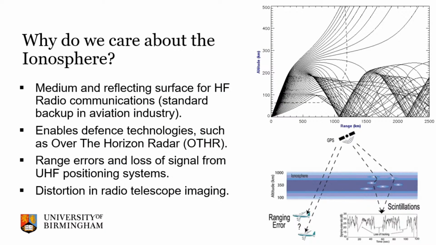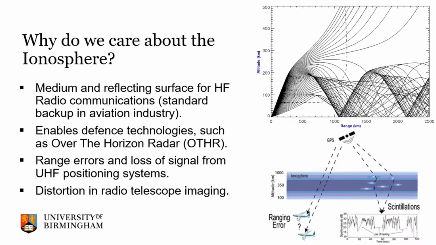So if the ionosphere is so complex, why do we care? Why do we bother trying to model it? Why do we spend so much time looking at it? Is it just because it has some shiny aurora that we're drawn to? The reality is that the ionosphere acts as a medium and reflecting surface for high-frequency radio communications. These are communications in the band between 3 and about 30 megahertz, which are a standard in the aviation industry